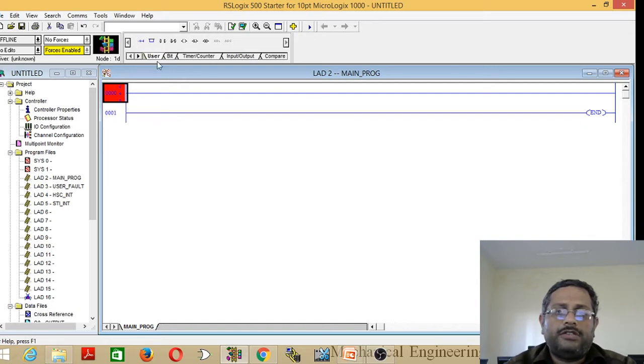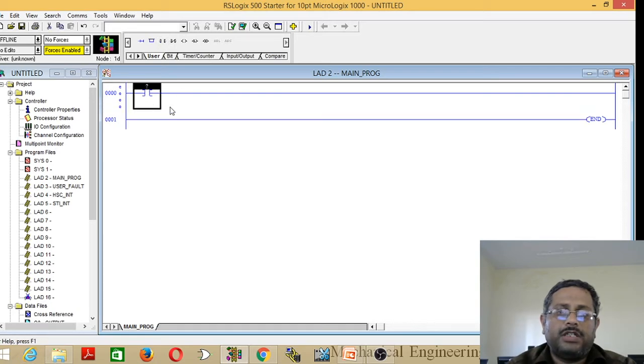Here we require two open contacts in parallel. First add one by selecting a rung, click on open contact, and it will be added. Next we have to connect one more contact parallel to this one.